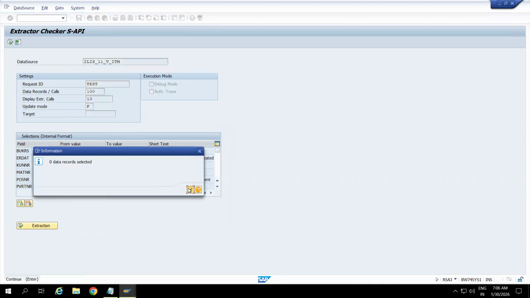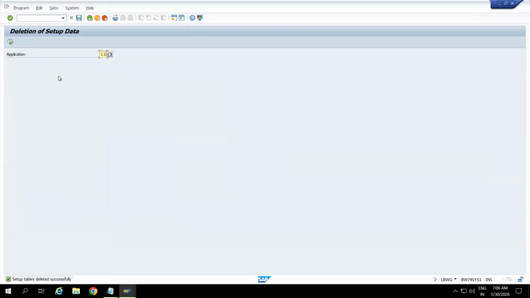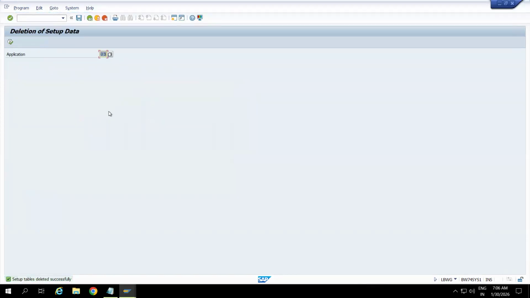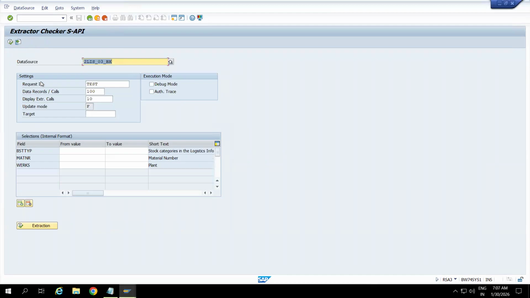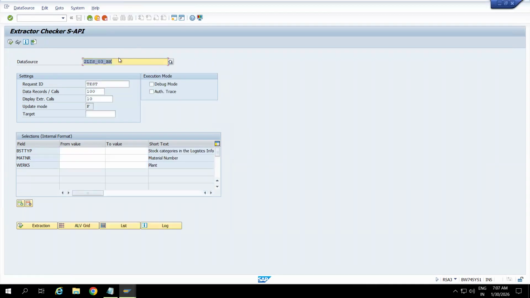See, all are zero only. Okay. So once I fill the setup table, delete it, right? In the same way, if you want to delete for purchasing, I'm deleting for purchasing application. Okay, this is 3. Inventory. This is inventory, 2LIS_03_BX. So are we getting any records? No, 0 records. So we deleted for